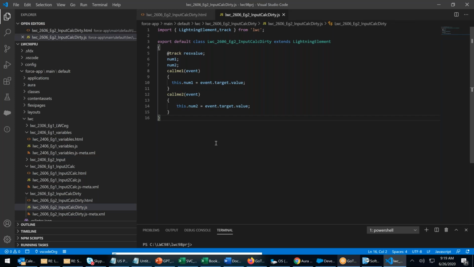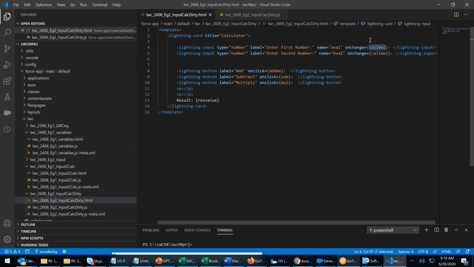That is the reason we use the first method I told you, which is a best practice. If there are 10 numbers, then you have to say call me 1, call me 2, call me 3, call me 4, call me 5, call me 6, call me 7, call me 8. Rather than doing this, you can point to a single call me, and then you can listen to the event, capture the event name. Now I don't need the name, guys. See, I don't need the name here.